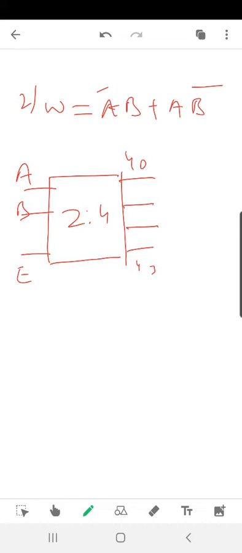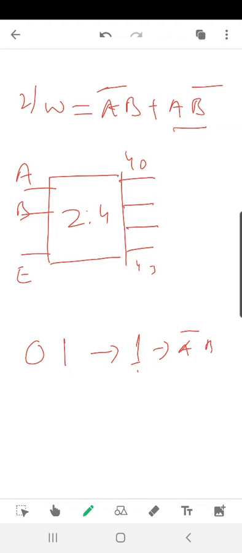We know that A bar B. How to write A bar B? A bar B is written as 0 1. 0 1 represents our 1. So that means our A bar B will be represented by the output y1, and another one is A